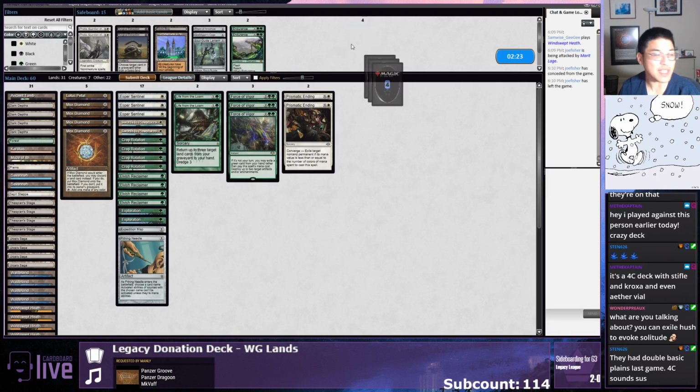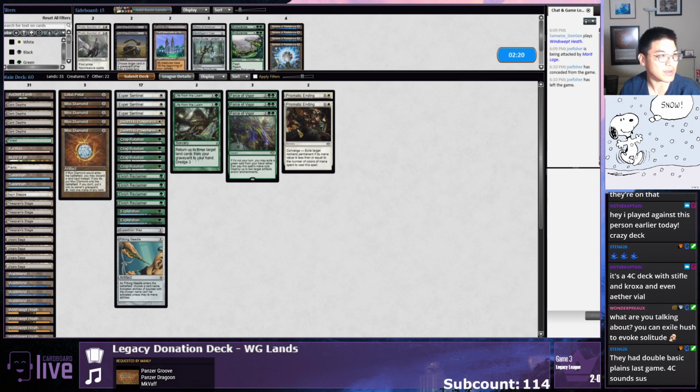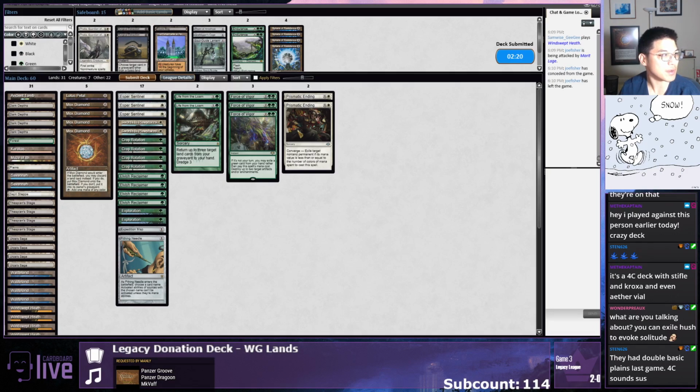Well, I guess that's why they have Mox Diamond. Also, didn't they fetch one of those planes? So perhaps they only have 2 planes in the deck and they fetched one and drew one. Or they fetched both, I don't know, kind of weird. But...